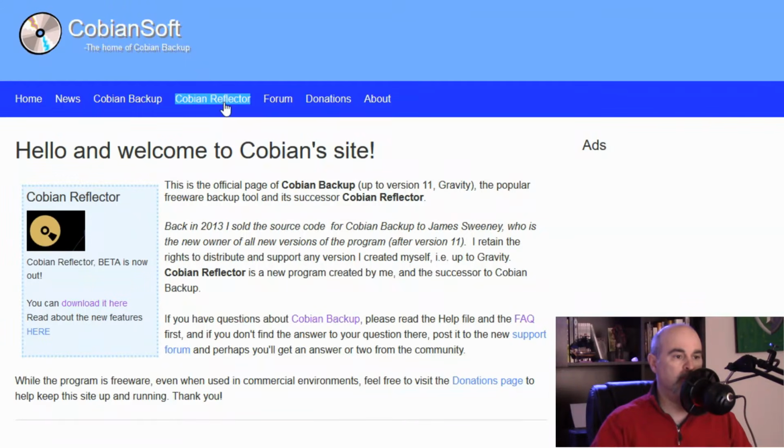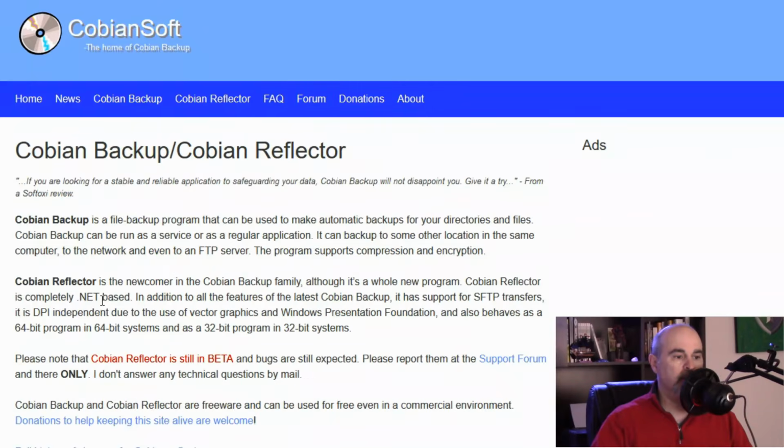but also to Reflector. And they're showing right here on the home page, Cobian Reflector is in beta form right now, and you can download it right here. So once you go into this, you'll see that it is a replacement to what was Cobian Backup. You can read all about it here. And they do offer this totally free, whether it's for personal or business use, but they do take donations, so it's a great idea if you do enjoy this software that you go down here to make a donation